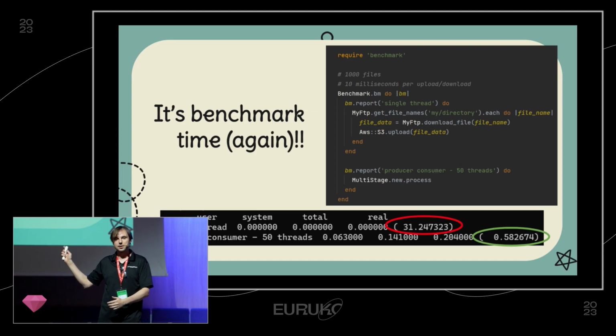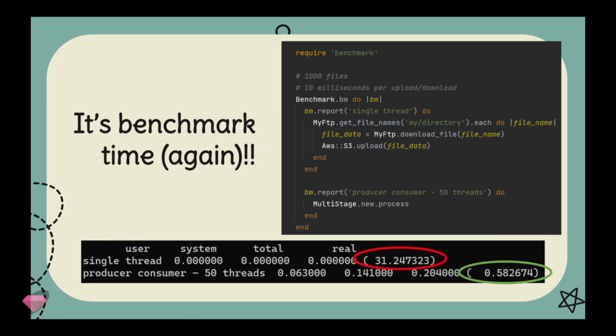So again, let's benchmark this. In this case, I'm going to use a similar thing. I'm going to say 1,000 files, 10 milliseconds to download, 10 milliseconds to upload again. My single thread took 30 seconds, and again, my producer consumer took half a second. So this can really speed things up, and the differences really compound when you're doing things in